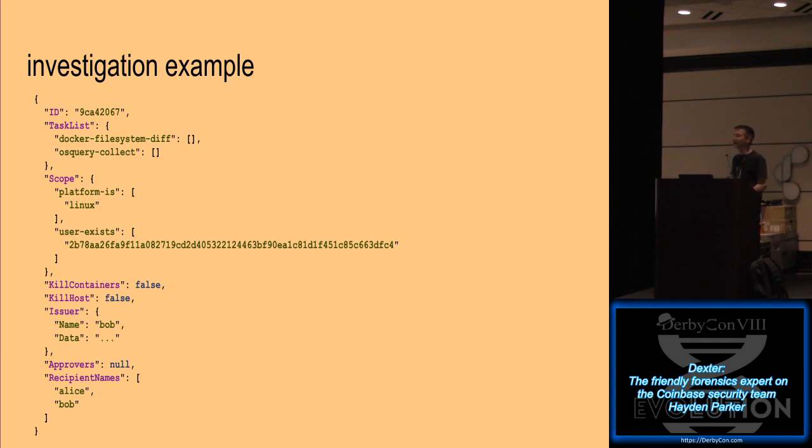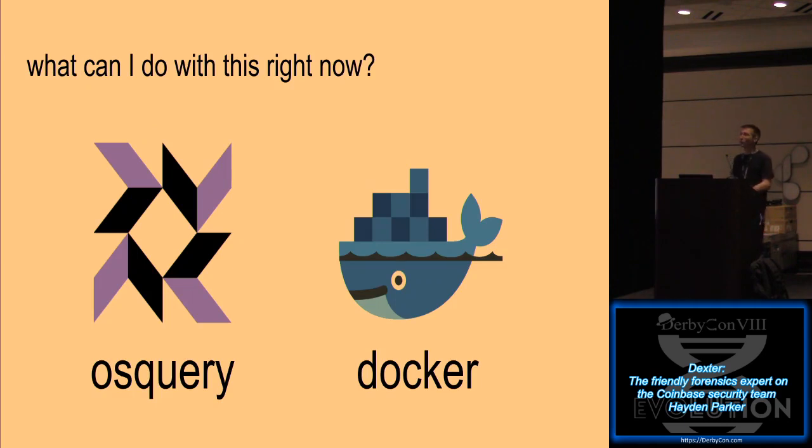When other investigators approve this, they're not going to change this file on S3. They're actually going to upload a new file that's the same exact thing, except it also tacks on their approver signature for the rest of the data. In this way, we can see a history of who actually issued it. Obviously they signed it in their name, but we can see when they posted it, what that file was, and then when other investigators came and approved it. So cool. That's what that looks like.